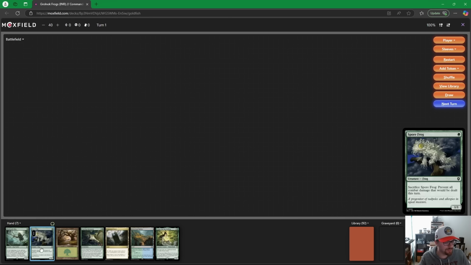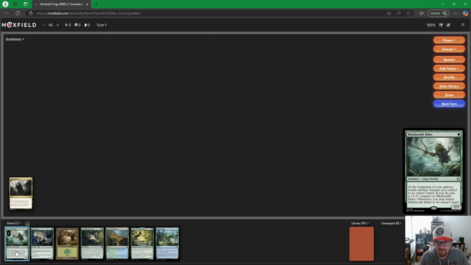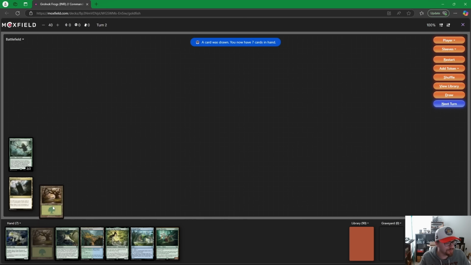Keep in a 3-land hand of a Spore Frog, Mistbreath Elder, the Infestation, and Azusa, a way to play multiple lands per turn, right? Especially if we're playing them from exile. I guess we could play Mistbreath Elder. I mean, we don't really have much else to do turn 1. I guess we could also play the Spore Frog, but